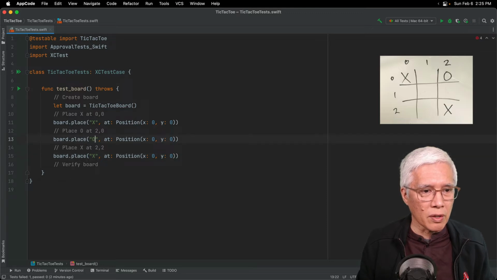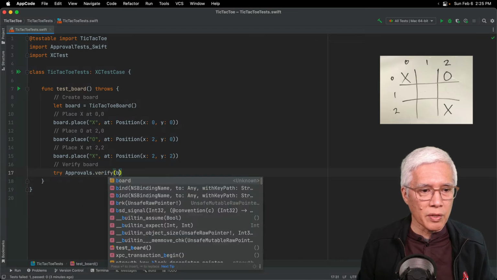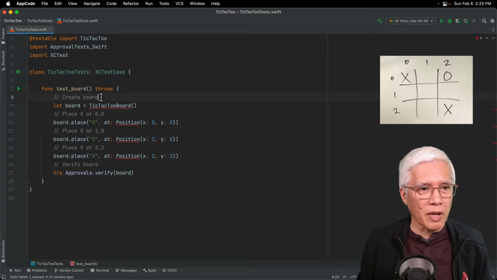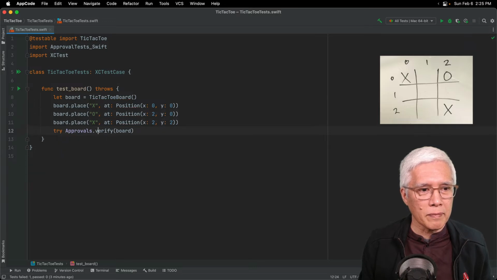And this will be an O at 2, 0 and an X at 2, 2. And finally, we can say approvals verify the board. Once we have our code, the comments no longer serve us, so we can get rid of those. And that's a pretty nice looking test.